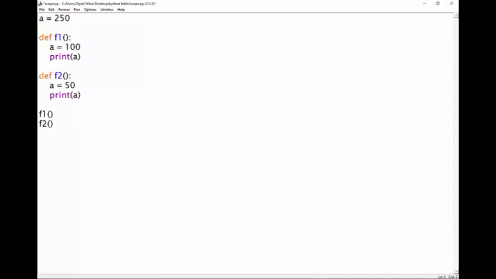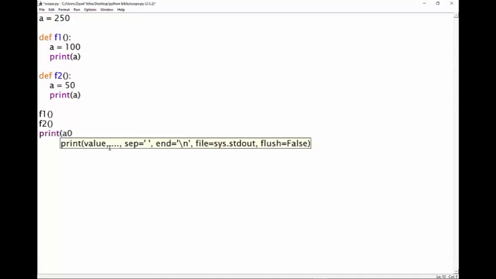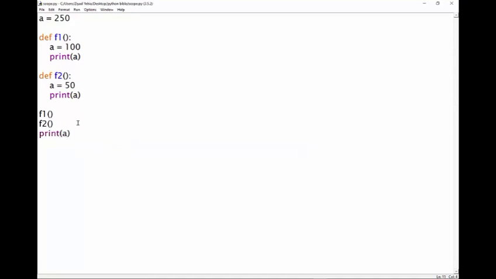Okay, and I redefine A in each of the local scopes. So I say A equals 250, then in F1 I say A is 100, and in F2 I say A is 50. Now I'm going to run function 1, run function 2, and I'm also going to print A. Whatever A is finally is going to be shown there. Now when I run this,